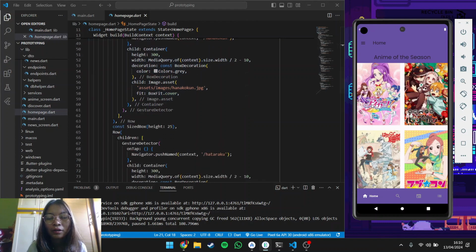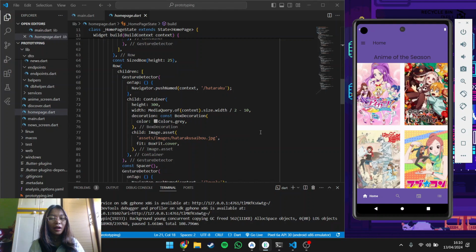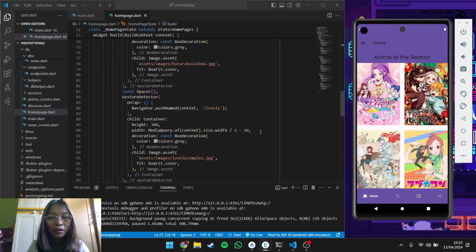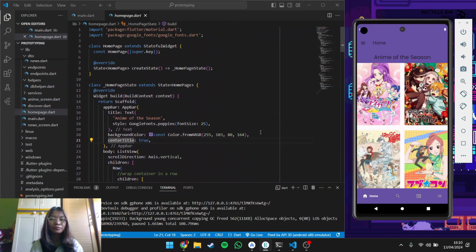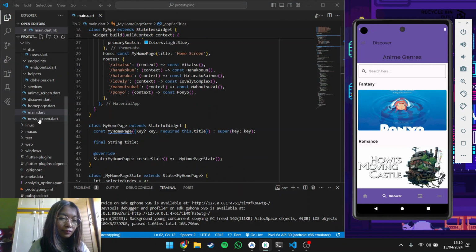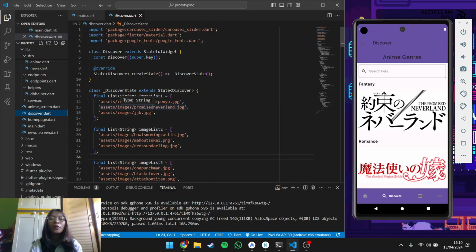And for the top and bottom, I use a size box with a height of 25. I think that's all that I can explain for the homepage. So next we'll go to the discover page. So for the discover page,